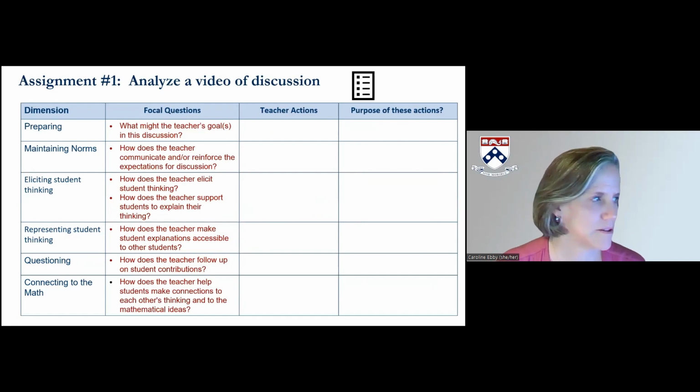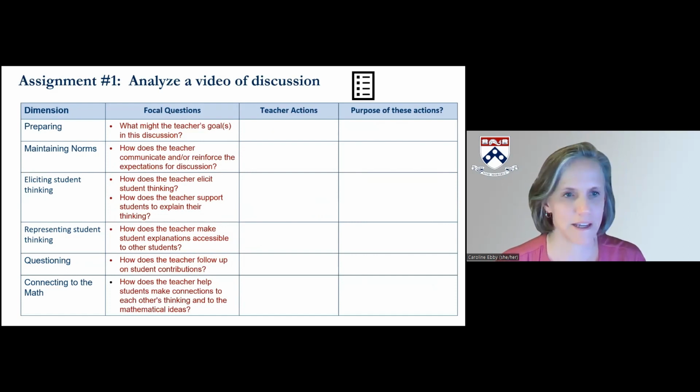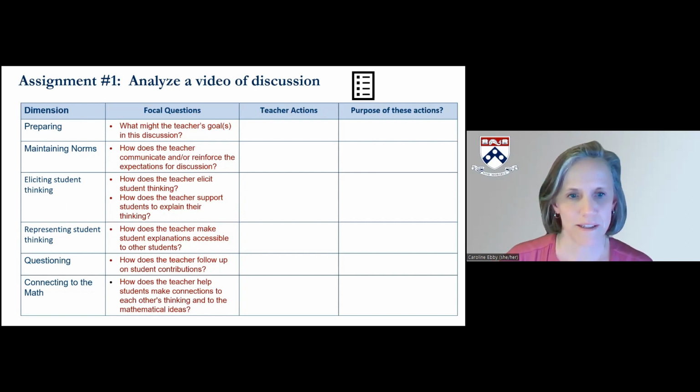Things like maintaining norms, eliciting student thinking, representing student thinking, the questions the teacher asks, and the ways that the teacher connects the discussion to the mathematical goals. And if you were in any of our previous workshops, we had participants actually do this activity after watching some videos of mathematics discussion.